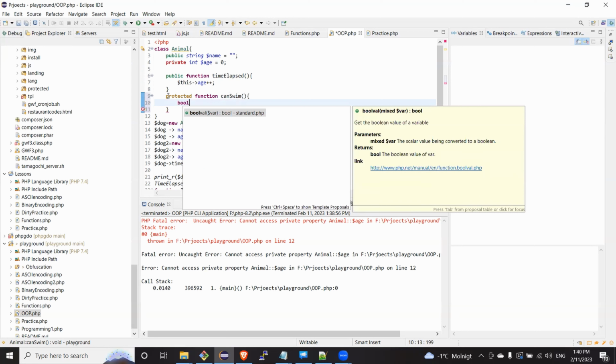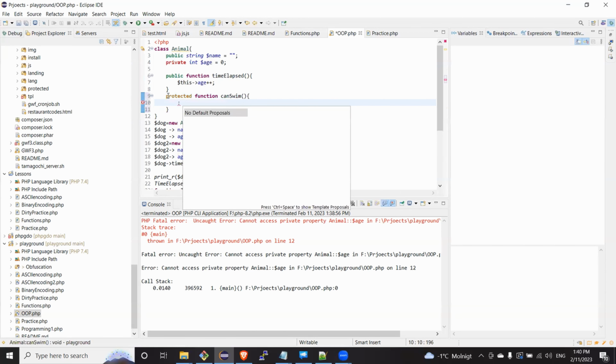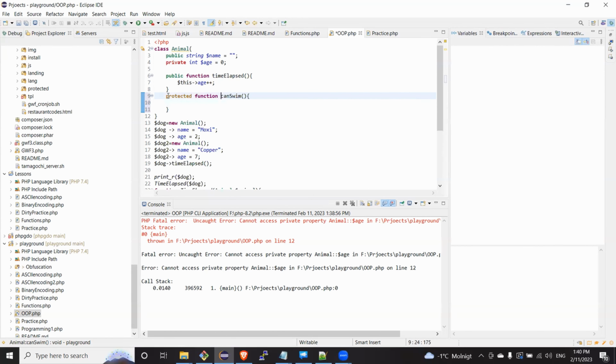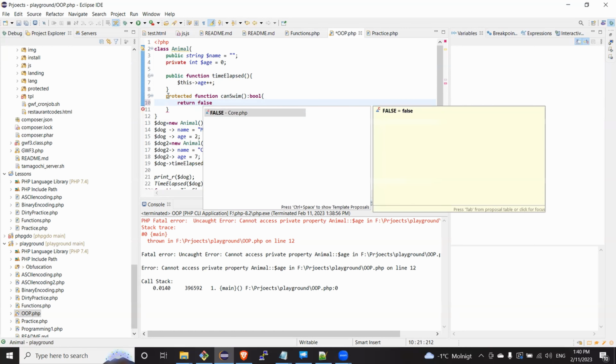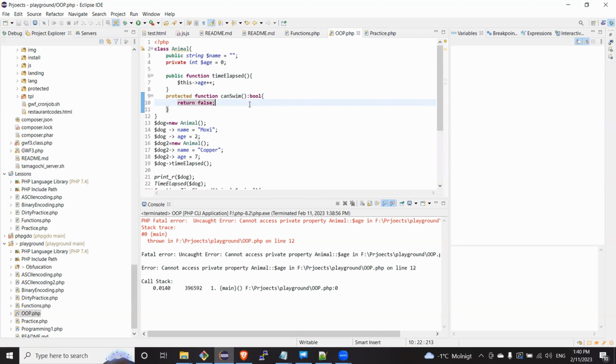You do this with a colon before the first function. After the second, yeah, there exactly, bool. And there you return in line 10, return false. And in line 20, print R,